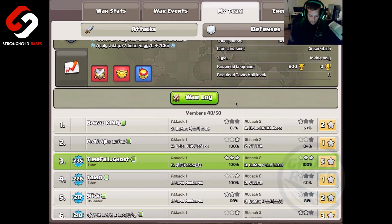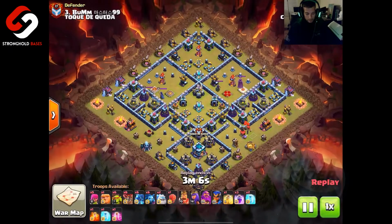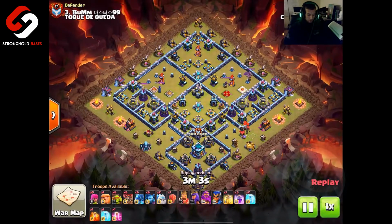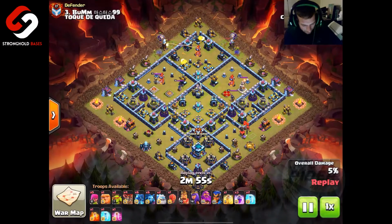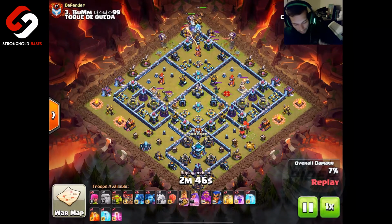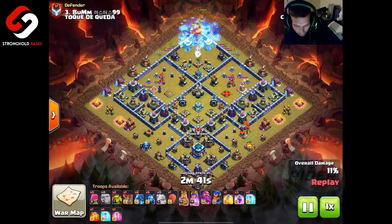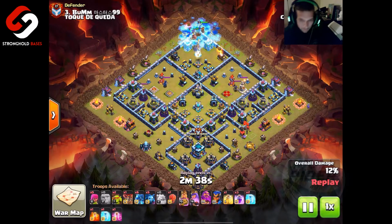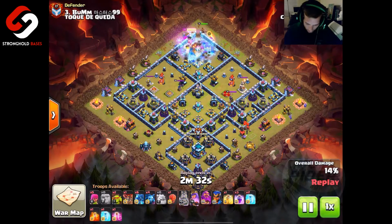And then Slick hit the same base, and he got a 1-star as well. But what I noticed about Slick's hit that was different was the Sui. Here comes the Sui. Now he made some mistakes, like he used 1 loon and didn't get either one of the Teslas. So he's going to have to use another loon to get the Teslas down. Instead of using a loon and a minion to get those Teslas down, he just used a loon. It didn't work. So whenever you have Teslas like that, using a loon plus 1 minion will guarantee that they go down. So using a Sui, we're just going to fast forward it